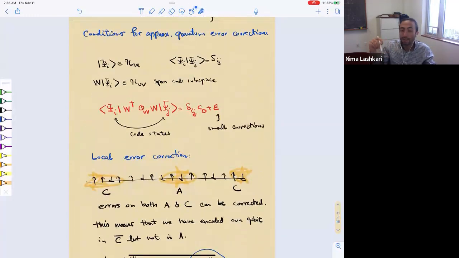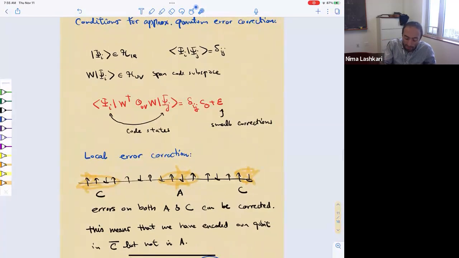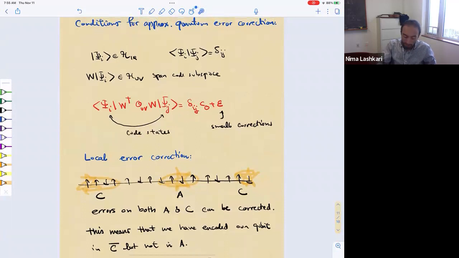The necessary and sufficient condition for approximate quantum error correction is that if you pick any two states, encode them in the code subspace, then a local error in this basis is diagonal with a coefficient that does not depend on which state you talk about, plus a small correction. So if I drop this small correction, this could be translated to the statement that